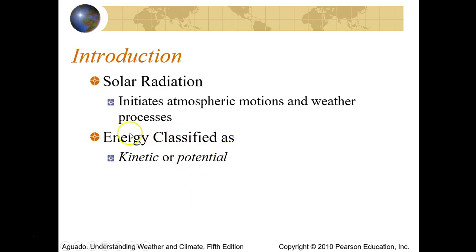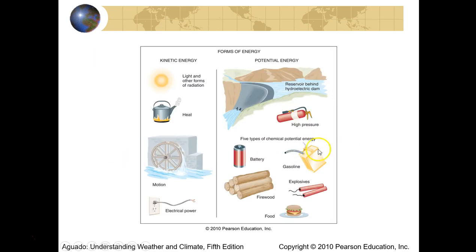Energy itself can be described in a variety of ways, whether we talk about kinetic or potential energy. The kinetic energy is kind of what we talk about more in this class, is the energy from the sun, and the radiation is what gives molecules movement. And all forms of kinetic energy, whether it's electricity or making water move a paddle wheel, or watching heat move through water and water boiling. And what we're going to lock in is radiation from the sun is the energy that causes movement in matter and molecules. And kinetic energy is obviously what we'll spend more time on.